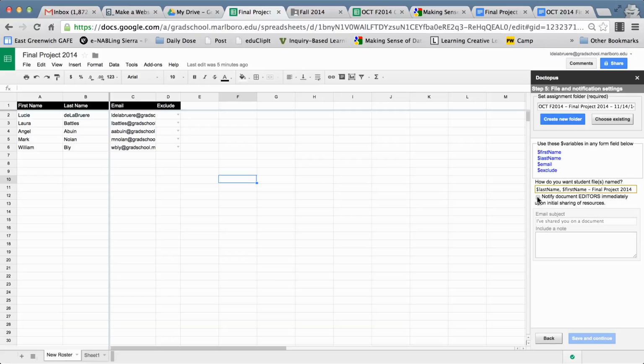Do I want to notify you immediately upon initial sharing? Yes. And the subject, instead of just "I've shared a document with you," I'm going to put, "Here is your personalized final project rubric." If I want to personalize it, I can put $first name, comma,